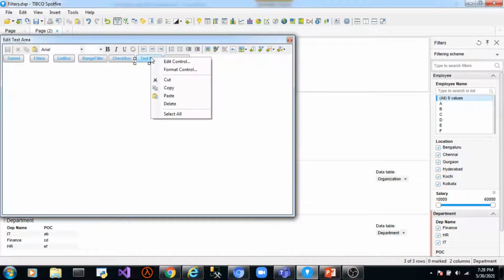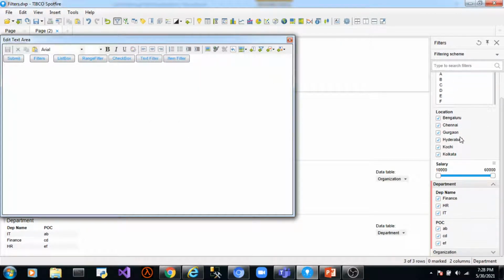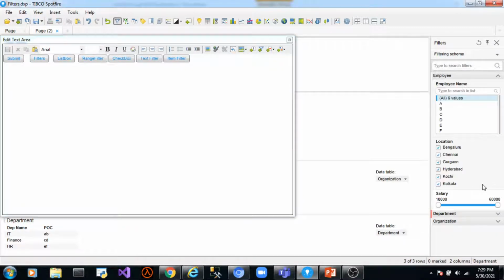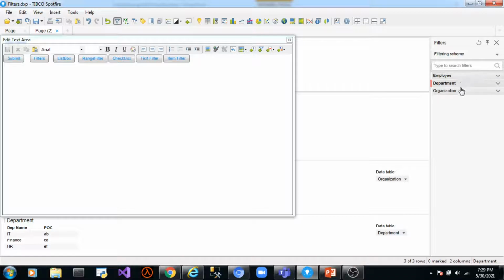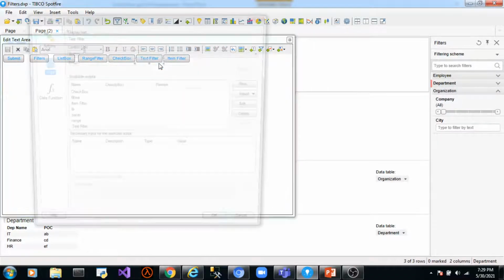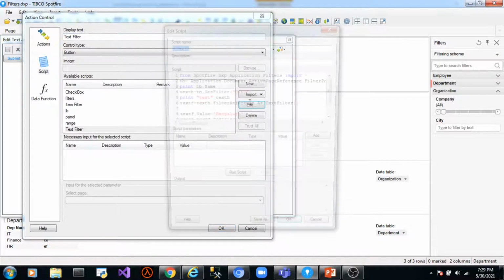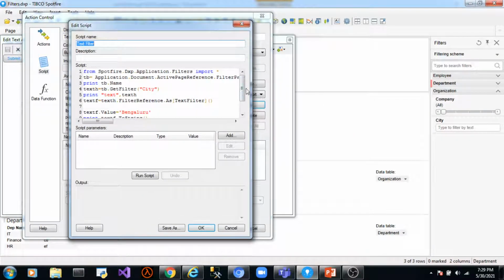Let's move on to the text filter. We have a text filter known as city in the table group organization, which is the table group at index 2, counting from 0, 1, 2.